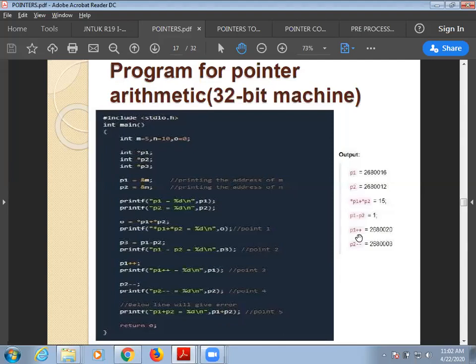You can perform increment to point to the next memory location. You can perform decrement to point to the previous memory location. If it is an integer, it will point to an integral memory location. If it is a float, it will go back to the floating memory location. So these are the things you need to know regarding pointer arithmetic.